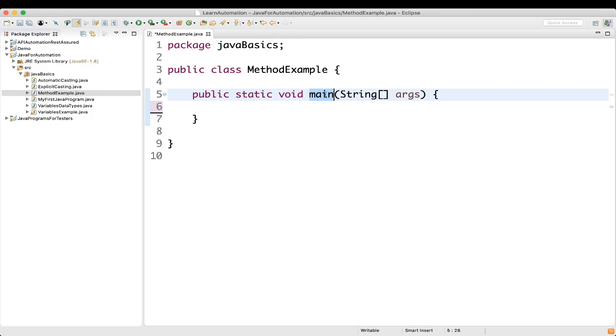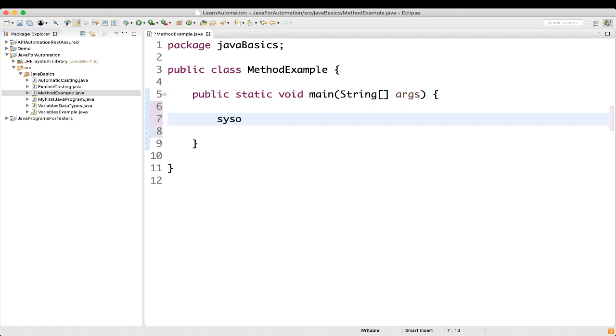String args stores Java command line arguments and is an array of type java.lang.String class. It is the parameter to the main method. The argument name could be anything. You can either use a string array or a variable of string type. Both will work in the same way. So if we change the main method name and try to execute, you will not even get an option to run the Java application. So let me show you that.